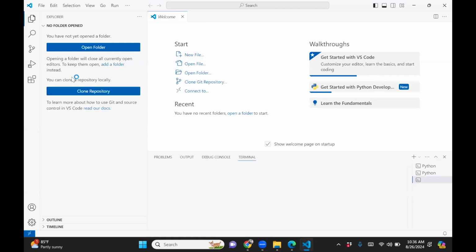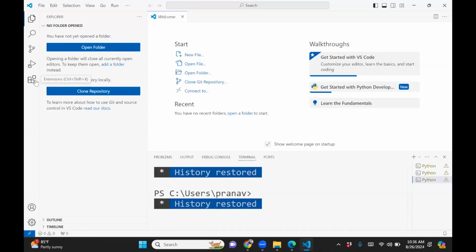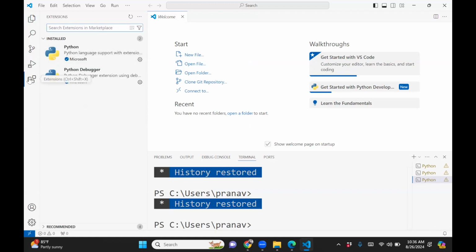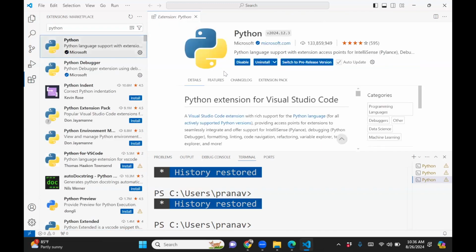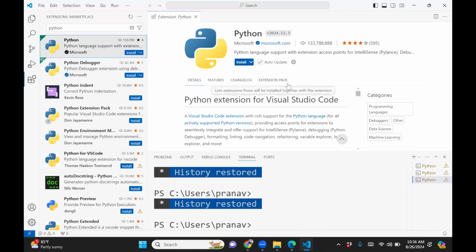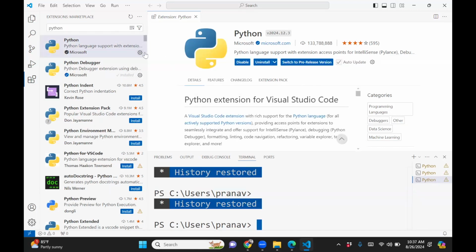Okay, the first thing you want to do is install Python. Now, you could actually use this to program in C and so on, but not MATLAB, clearly, because it's proprietary. So what you want to do is go to extensions and type in Python. And then you see this. I've already installed it. Let me uninstall it. So Python, it will ask you to install. So just install. Okay, it's installed. So once it's installed,